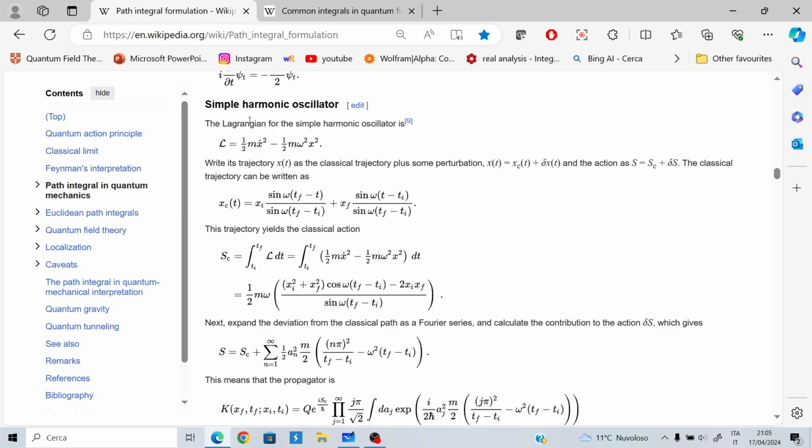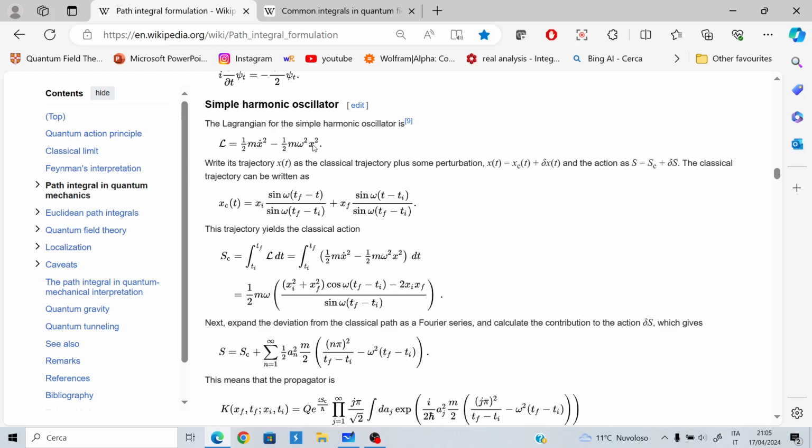I want to explain the simple harmonic oscillator, but I want to do so by using the path integral formulation of quantum mechanics. So the starting point is the Lagrangian. Since we are talking about a classical, non-relativistic theory in this case, we have the kinetic energy, which is 1/2 the mass of the oscillator times the velocity squared, x dot squared. That's quite simple. And then we subtract the potential energy of the oscillator. The potential energy can be written as 1/2 the mass of the oscillator,